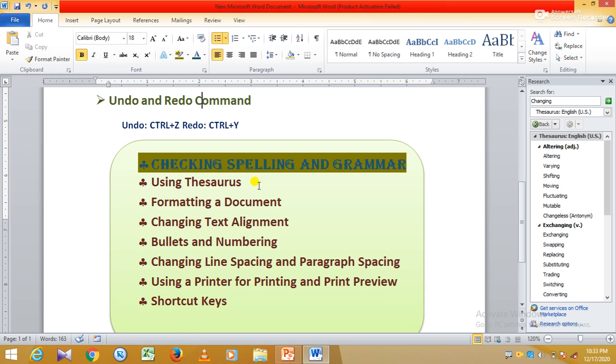Okay, now changing the font styles. There are 3 styles to change your font: bold, italic and underline. To apply these styles to your text, first of all select the text.